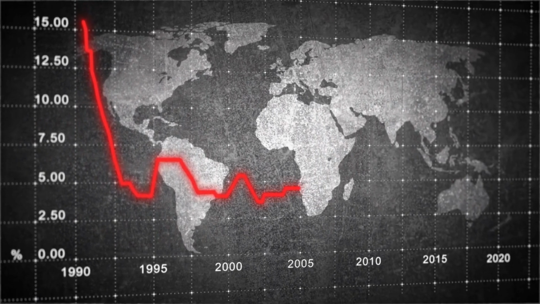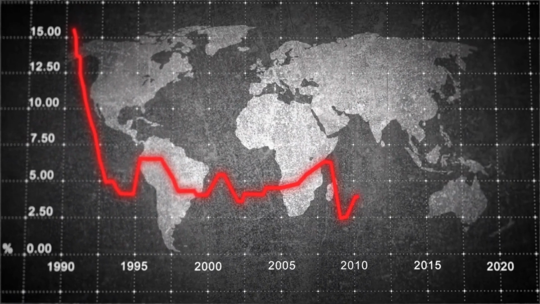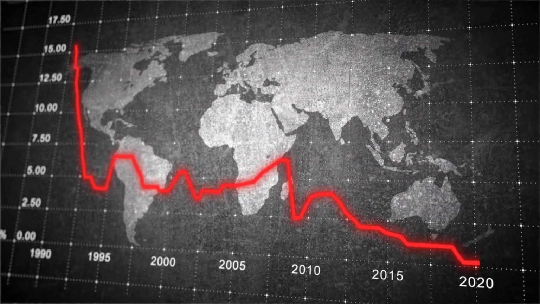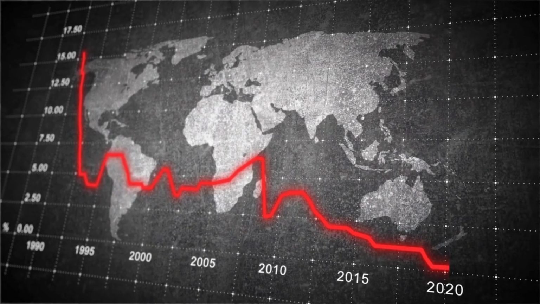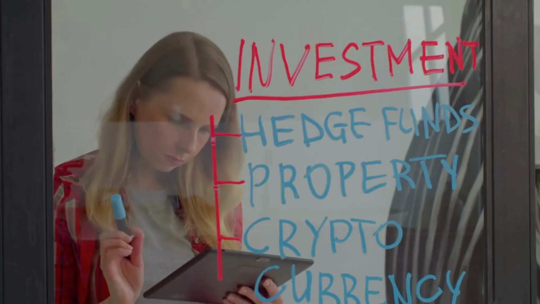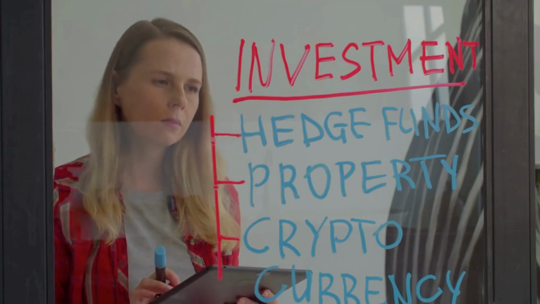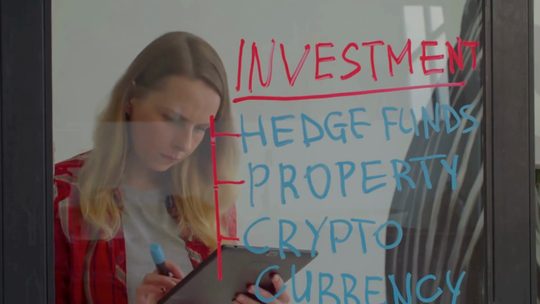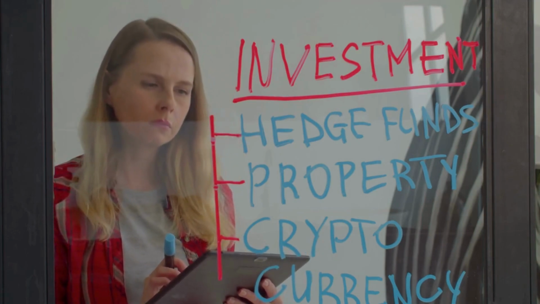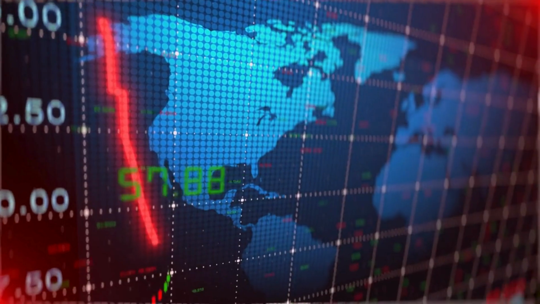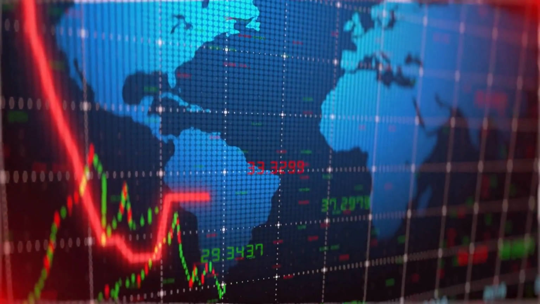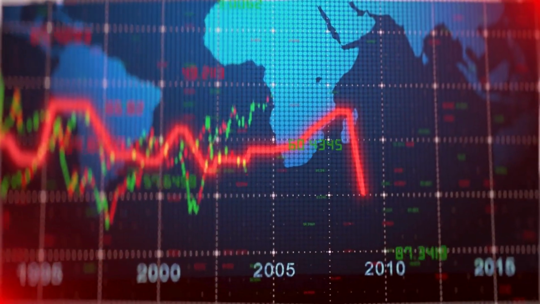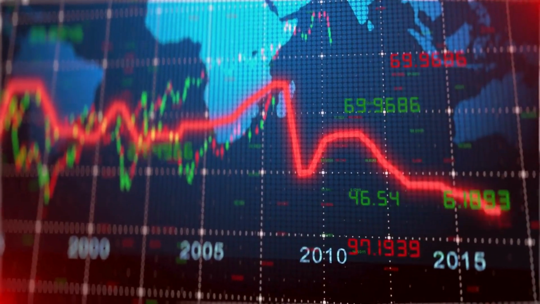Inflation erodes the purchasing power of money, affecting consumers and businesses alike. As prices rise, individuals may experience a decrease in the real value of their savings, influencing spending patterns and investment decisions. Economists often measure inflation through indices such as the Consumer Price Index, CPI, or the Producer Price Index, PPI. These indices track the average change over time in the prices paid by consumers or producers for a basket of goods and services.